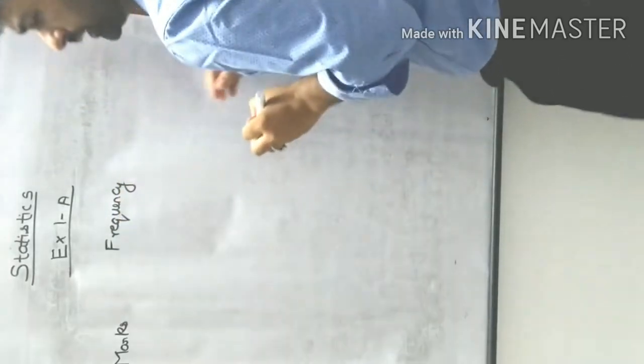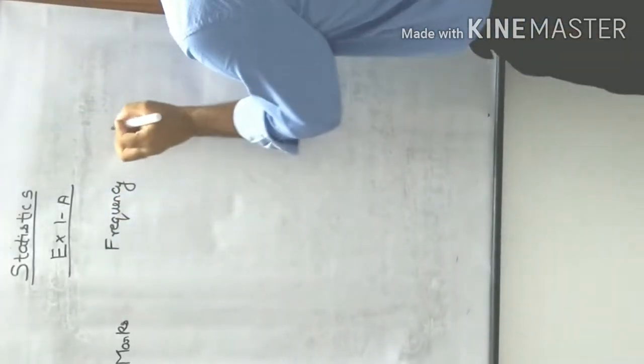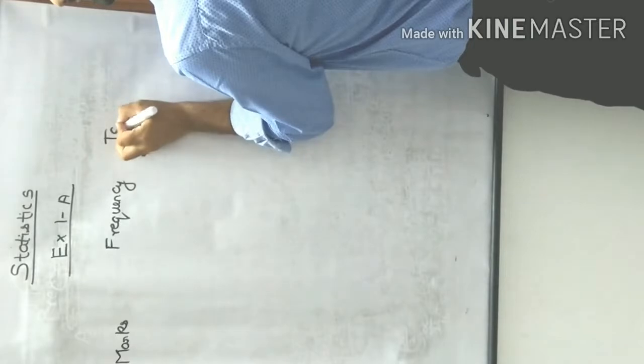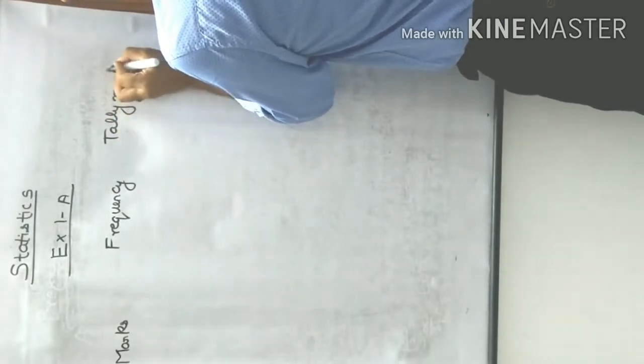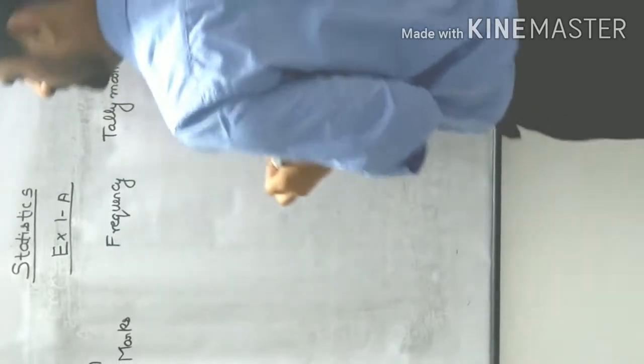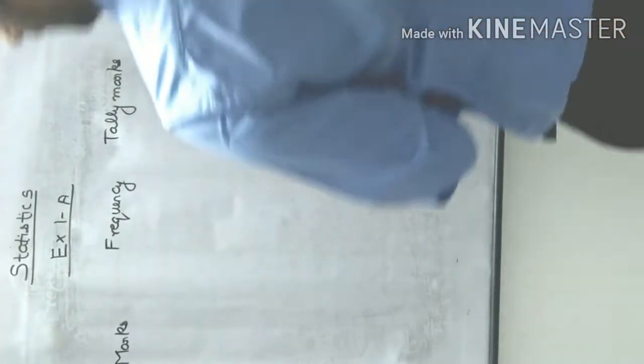And whenever we are drawing a table, we need to draw the tally marks also. These are all things already done in class 6 and 7. Now what are the marks given to us? Let's write them in a tabular form in ascending order. Minimum mark is 1, then 2, then 3 also is there, 4 also is there, 5, 6, 7, 8, 9, 10. Marks are like this.